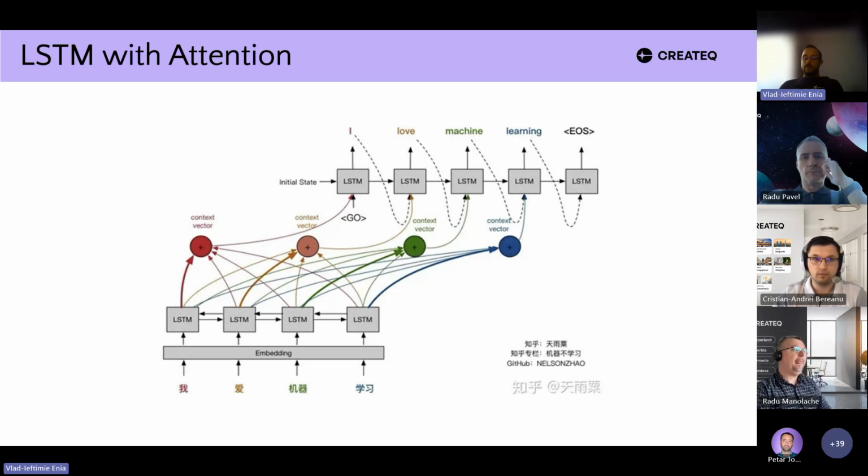Now, if we were to have an analogy for LSTM, we can think of the encoder as a person reading a whole book, and then it summarizes the whole book in a single summary. And then the decoder takes that single summary and it generates notes however it thinks it's best. Now, if we have LSTM with attention, the encoder will not have a single summary, but will have summary notes, and then the decoder will take each note and then improve it with its knowledge.